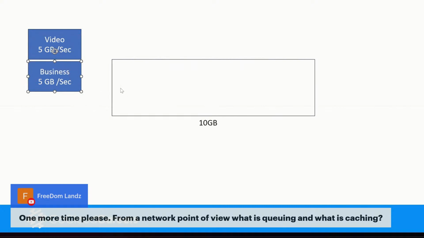Now we've got business stuff. Now we've got user traffic, and that's going to be 1 gigabyte. Does anybody see a problem here? We've got 5 plus 5 is 10 plus 1 is 11.